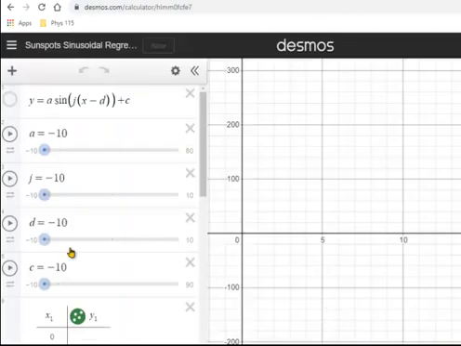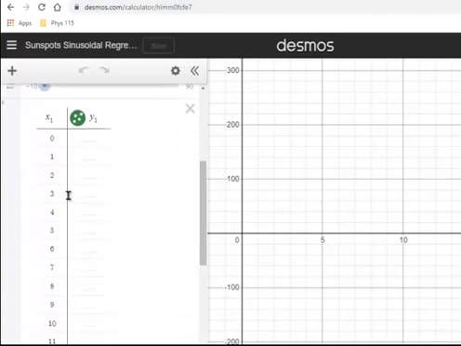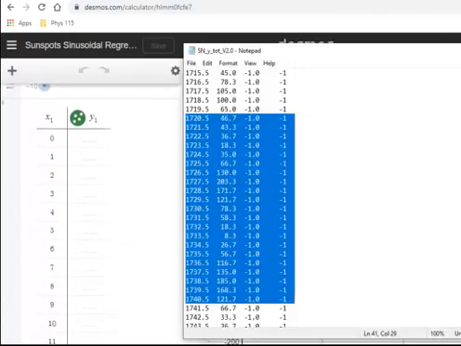Okay, what I'm going to use from these data, and actually let me go back here. I don't need this year just yet. I will do that in a little while. But here's the data table here for Desmos. So what I actually need from these data are, of course, the years 1720 and so on. But these years, the numbers are really large for a graphing calculator like Desmos. So I'm just going to subtract 1720 from each one, which means the first one is going to be simply 0, and then the next one is going to be 1, and the next one is going to be 2, and so on. It just makes it easier for any graphing calculator to